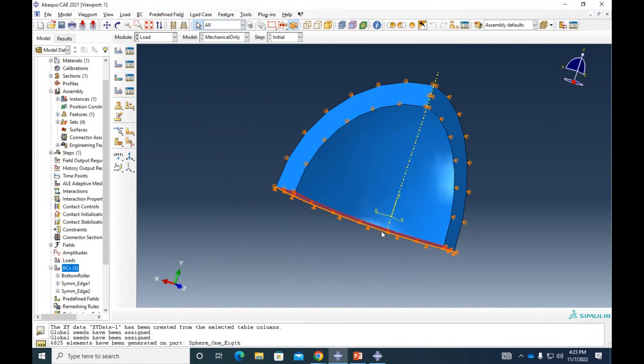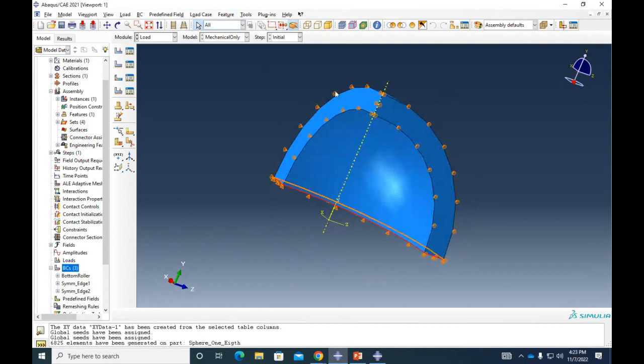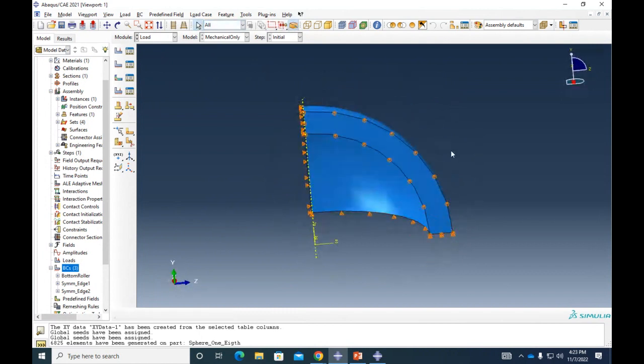Remember, if you don't add boundary conditions in every single degree of freedom that you have, Abaqus won't solve it. It's not just Abaqus. Any software won't solve anything, right? Because you don't specify how something is behaving in one particular axis. So you need at least one boundary condition applied in each degree of freedom.